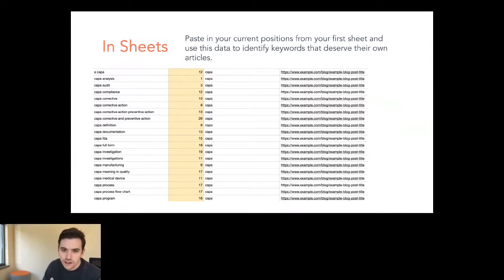Because now you can start seeing, okay, my CAPA pillar is taking shape here. It's already out there, I just need to put this together. But I'm ranking first page for a couple things here. I can look at what post is actually ranking for something that's on page 3 here, and these numbers are just, 1 means you're number 1 in the list, 13 means you're on page 2, given that there's 10 results on most SERP pages. You can start seeing, okay, for CAPA investigation,